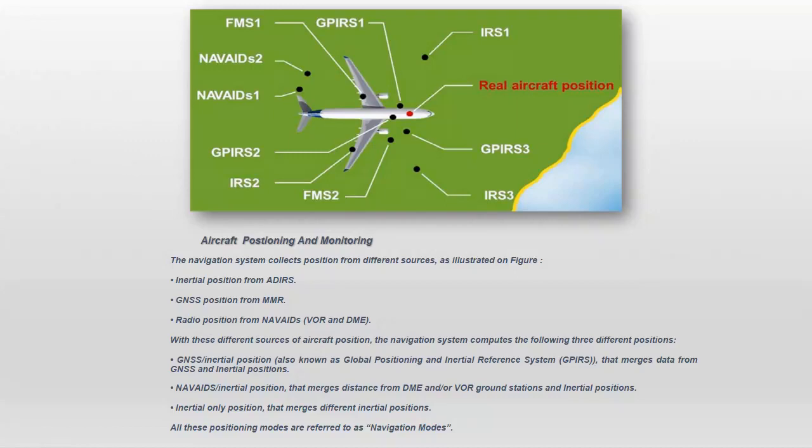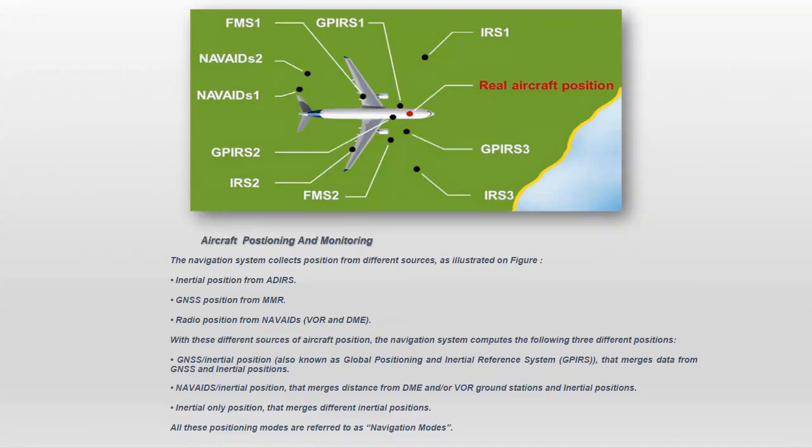Aircraft positioning and monitoring. The navigation system collects position from different sources, as illustrated on figure. Inertial position from air data and inertial reference system. Global navigation satellite system position from multi-mode receiver. Radio position from navaids, VOR and DME. With these different sources of aircraft position, the navigation system computes the following three different positions: GNSS,